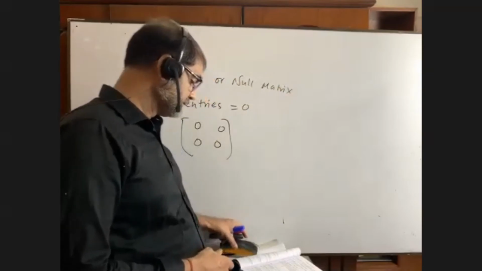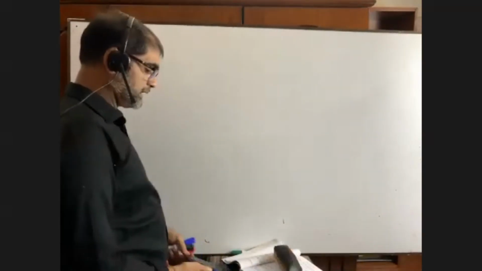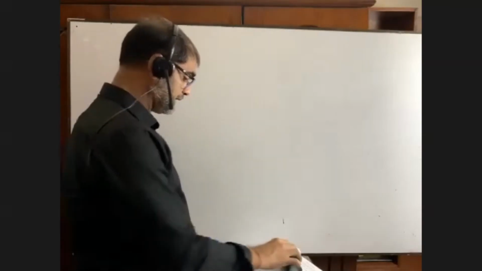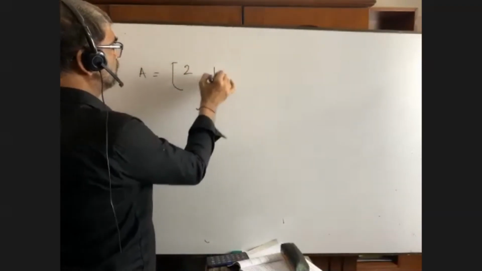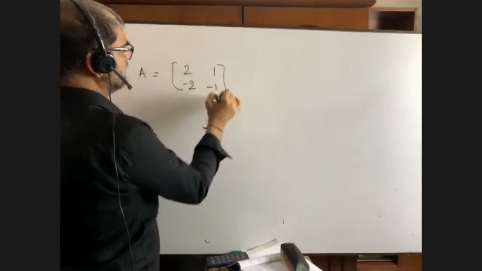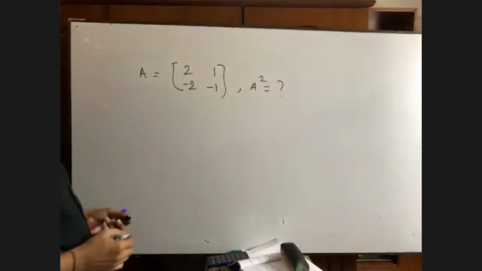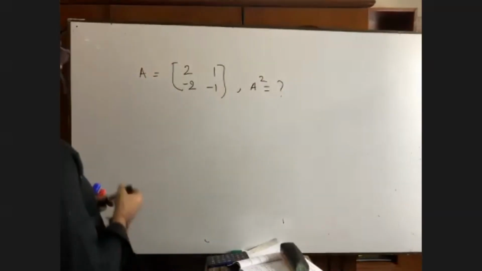Idempotent matrix. Dear students, you have done a lot of maths in your life on matrix, okay? Now, I am going to give you an example of A equals to 2, 1, minus 2, minus 1. It is my earnest request to all of you. Can you please find it? Be quick, be quick. You find A square. Don't take time. I request you all, A square.